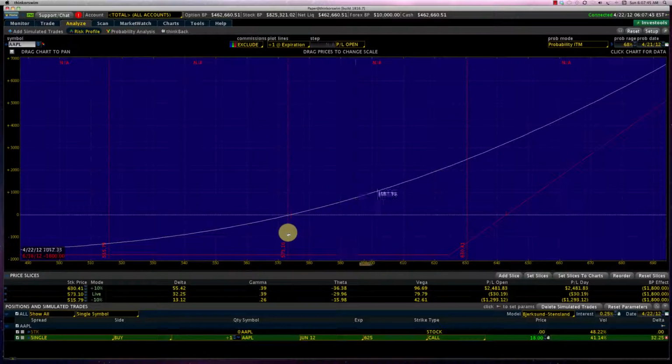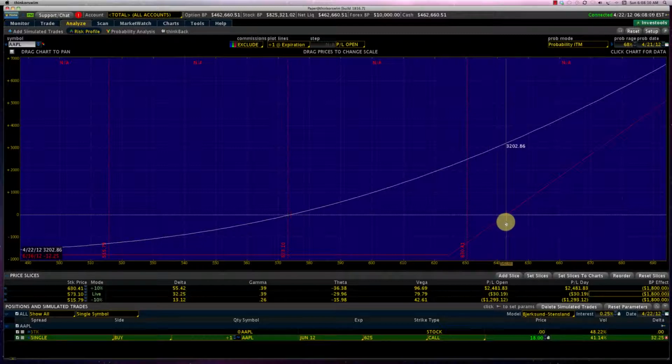It needs to go all the way up to 625 and then by an amount of the premium paid. Now, since this is an out of the money option, we're going to pay only $18 a share. So for 100 shares, we're going to pay $1,800, and that's exactly what the buying power effect is showing you right here. So if we add the $18 to the 625, we'll see that our break even is going